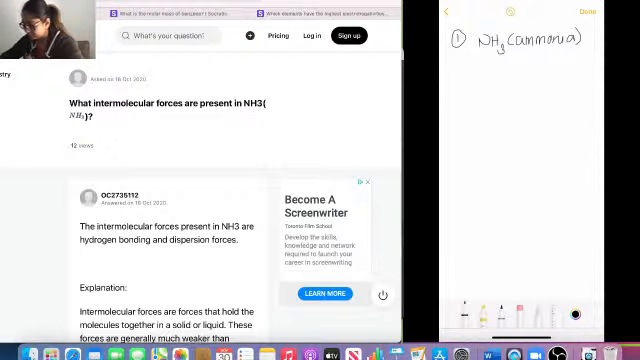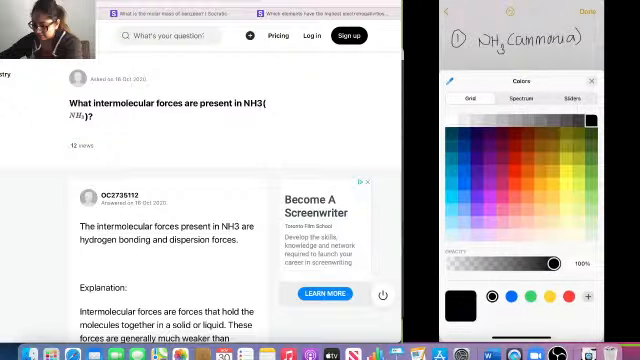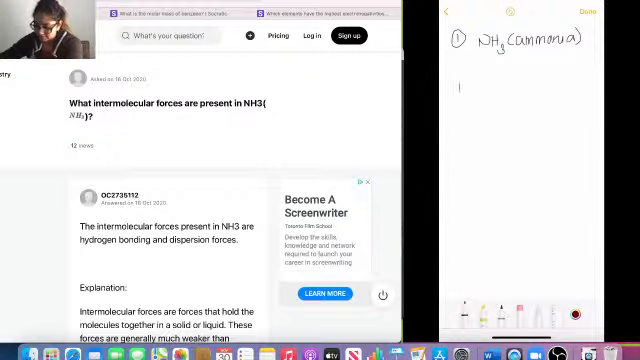Okay, so basically first let's address how many intramolecular forces there are, and basically what are intramolecular forces. So your intramolecular forces are forces that hold the bonds between the molecules together in solid or liquid. Okay, and so we can say here that our intramolecular